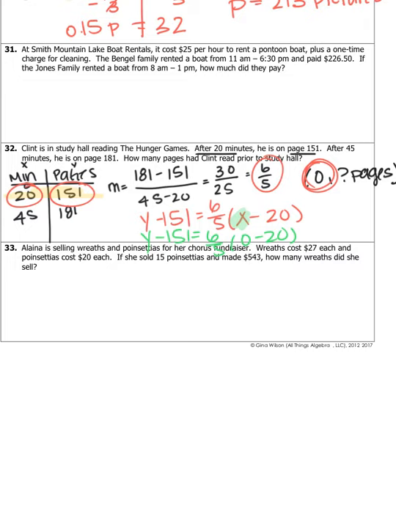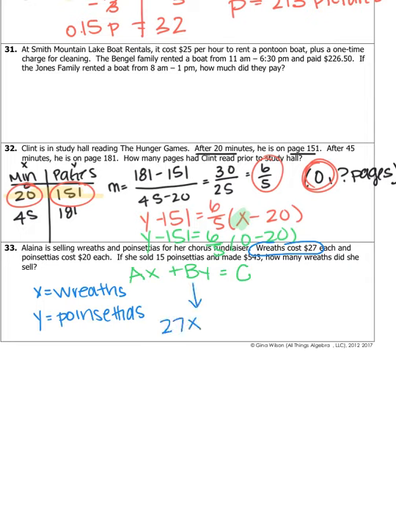All right. So this one is going to be set up using standard form because we have two unknown things here. One of the things we're talking about selling is wreaths. So I'm going to let x equal wreaths. The other thing we're talking about selling is poinsettias. So I'm going to let y equal poinsettias. All right, I know wreaths cost $27. So I'm going to say 27 times x plus. I know poinsettias cost 20, and that went with y. And I know she made a total of